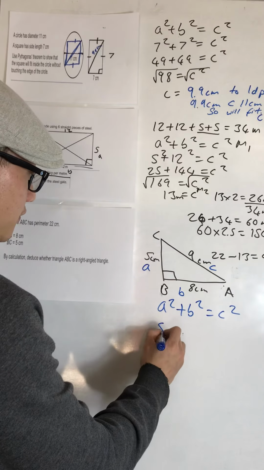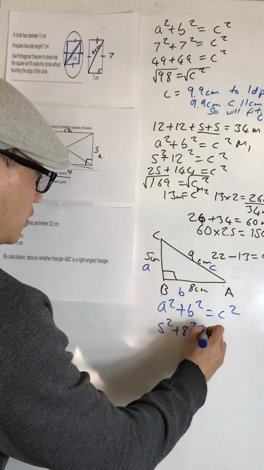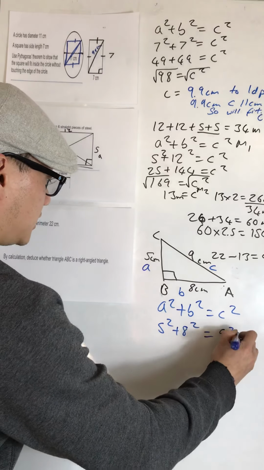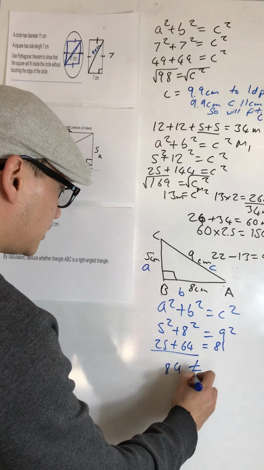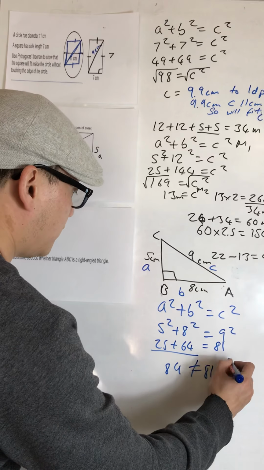So we have 5 squared plus 8 squared. Does that equal 9 squared? That's 25 plus 64 equals 81. Now 25 add 64 is actually 89. 89 does not equal 81, so therefore